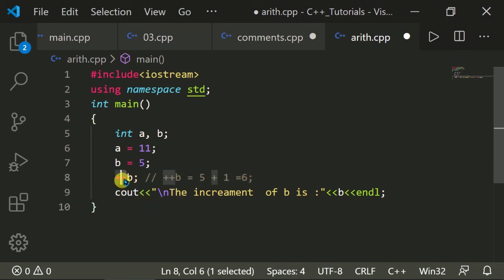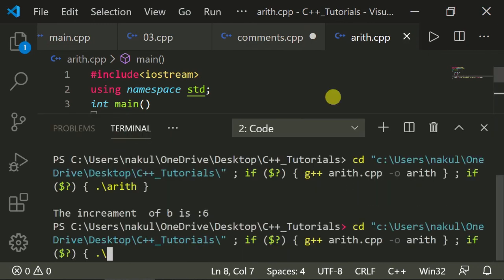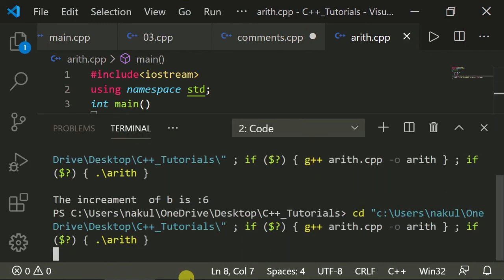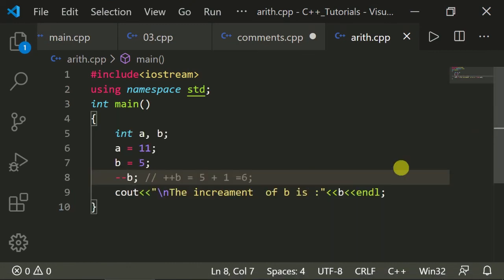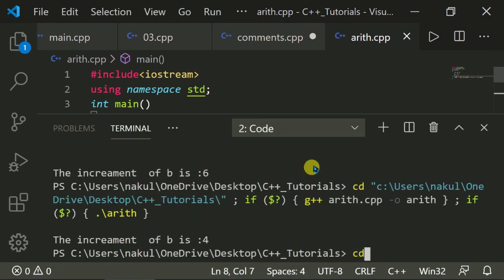If we decrease it, it means decrement of variable b, so we will get 4, because now it subtracts 1 from the value 5. Let's run this program again. Here you can see the decrement of b, sorry, it should say decrement, but you can change it in your program. The decrement of b is 4.